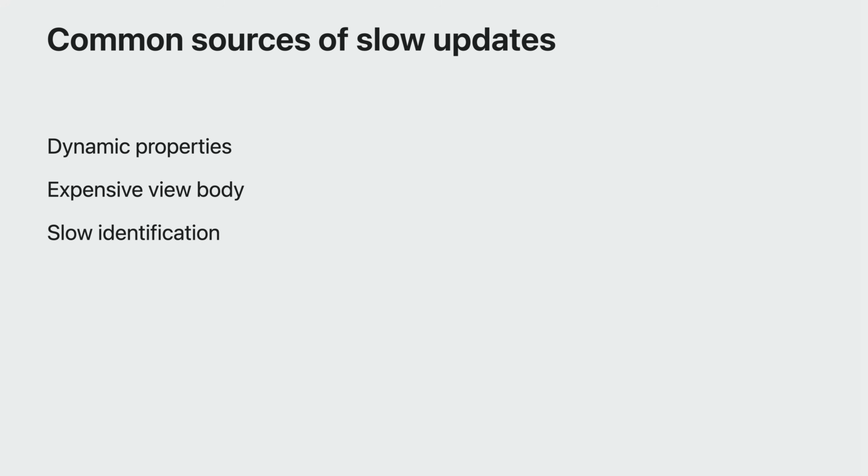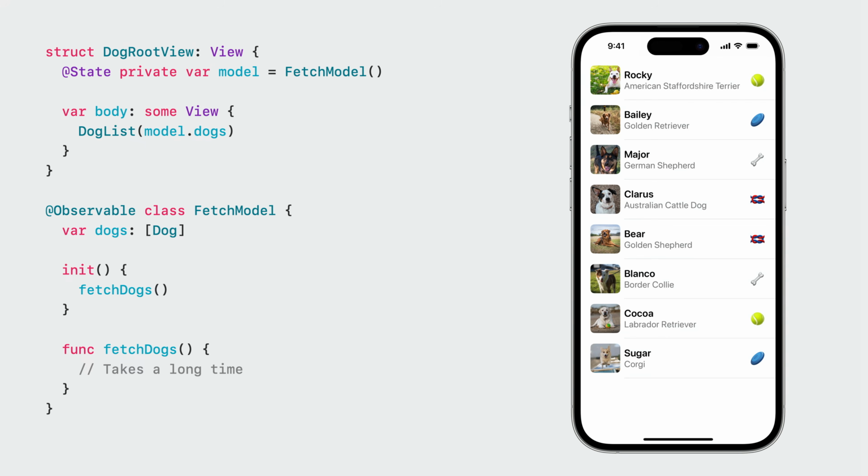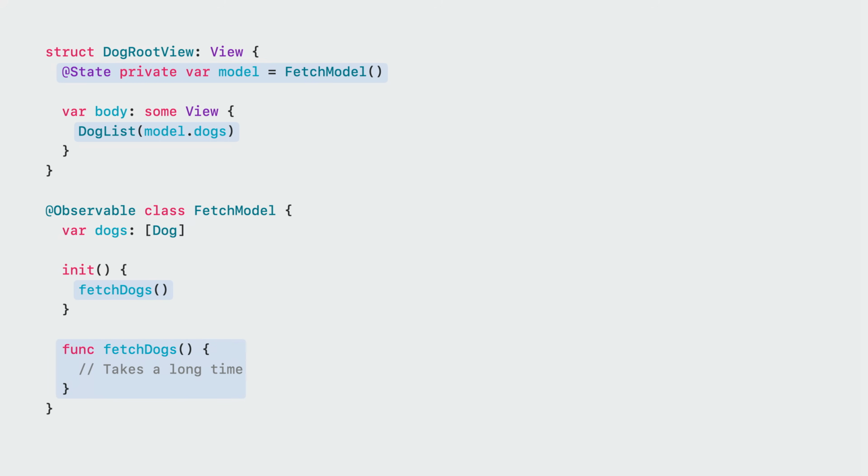Let's start by looking at an example from the Fetch app. In this example, I've been working on the root view of the app, which has an object that I use to create the dog list. Following the code highlight on this slide, accessing model.dogs in the body lazily instantiates the object, which brings us to the initializer, which fetches the list of dogs. As the code comment says, this could take a long time. This is synchronous work. One way to fix this is by using the task modifier.